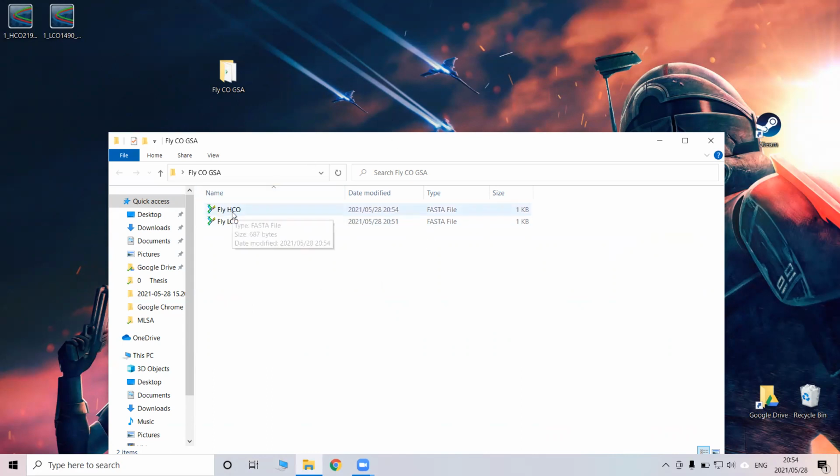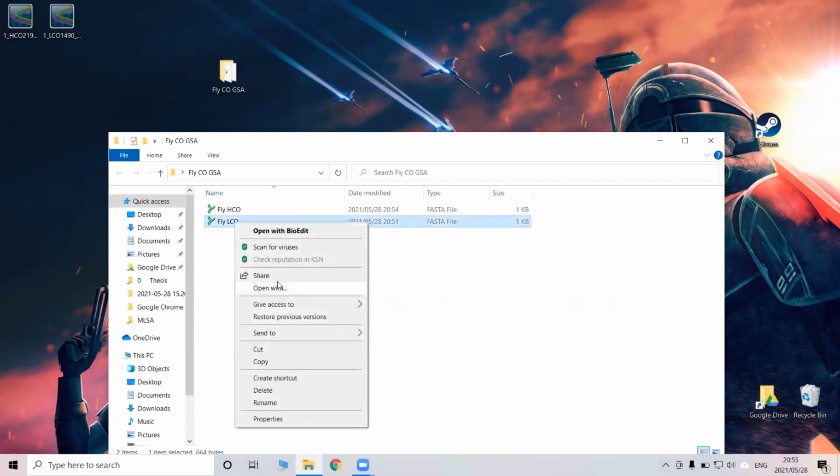And these are the sequence reads that are processed, so we're not working with the chromatograms anymore. We just have the nucleotide sequence. So now, instead of having two separate files, we're going to merge these files together and try and only work with a single file. We do that by using a program called BioEdit. So I'm going to open the LCO first. I'm going to open it with